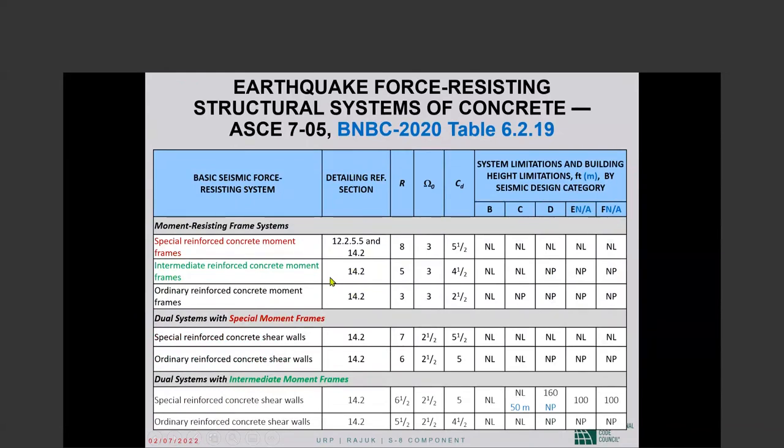Almost for all concrete systems, the reference is 14.2. Section 14.2 of ASCE 7 simply references ACI 318. So the detailing rules are to be found in ACI 318, and those rules I will discuss with you starting tomorrow, actually. Okay. Then the R, omega sub 0, C sub D, and then